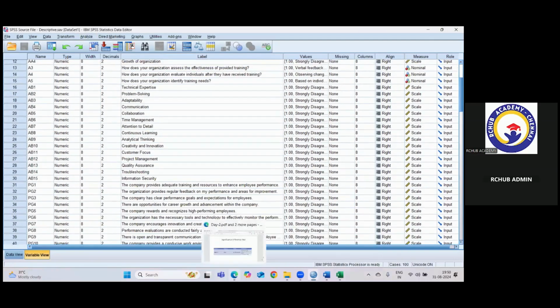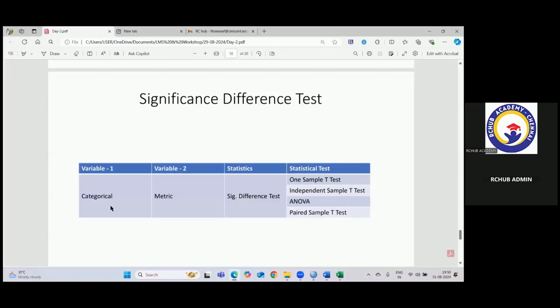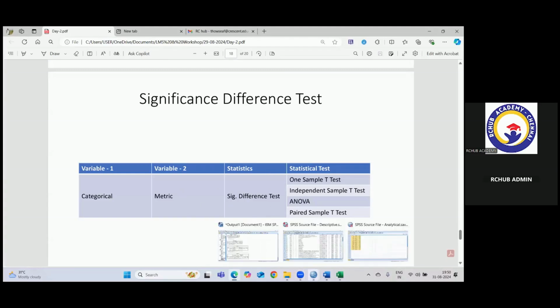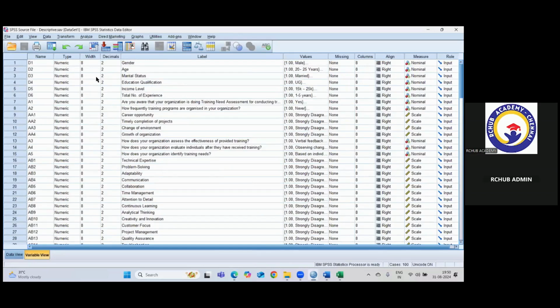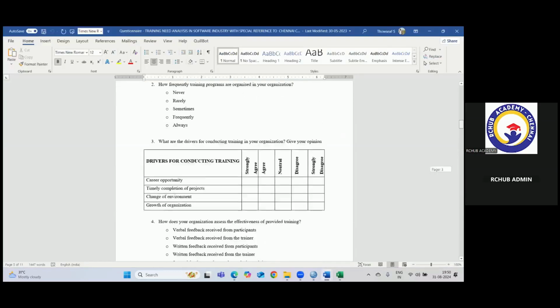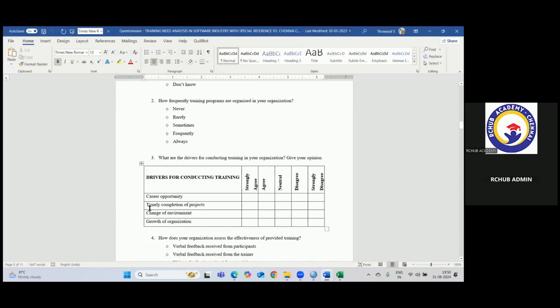In order to do the significant difference test, the first and foremost thing is that one variable should be categorical data and another should be metric data. Only then can you do the significant difference test, or else you cannot. So let us consider this data set itself. We have demographic questions as categorical data. Is there any metric data? Yes, you see competencies. In the questionnaire, for competencies, career opportunity, drivers for conducting training,